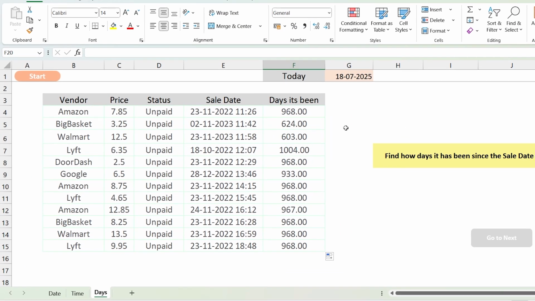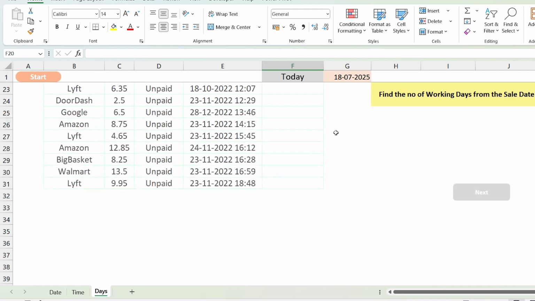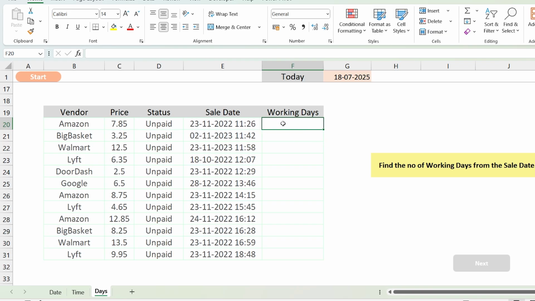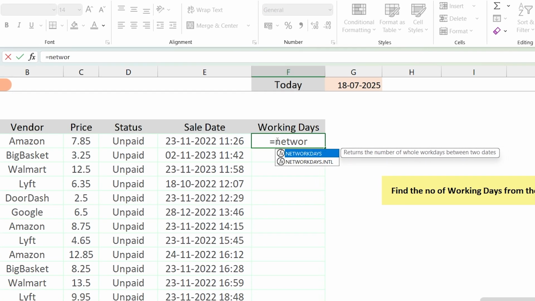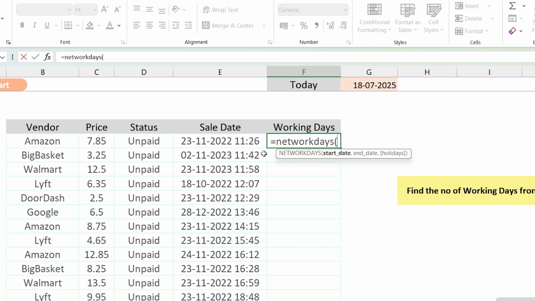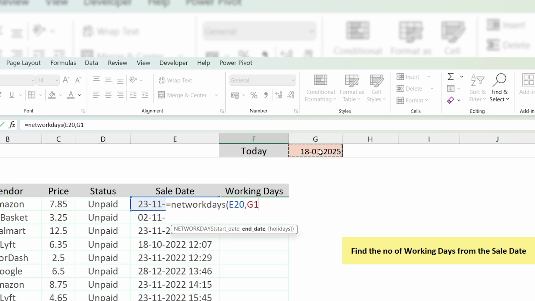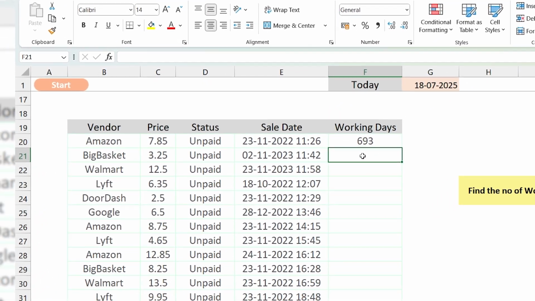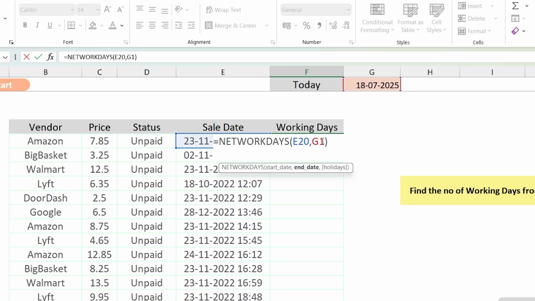Now we have found how many days it has been since the sale date, and this includes the weekends and the non-working days. So if you only want to find the number of working days, there's another function for that called NETWORKDAYS. Type in NETWORKDAYS, and the start date is the sale date, comma, the end date is today's date. Okay, so it has been 693 working days since the sale date. Now let's fix the end date to replicate it to the remaining cells,